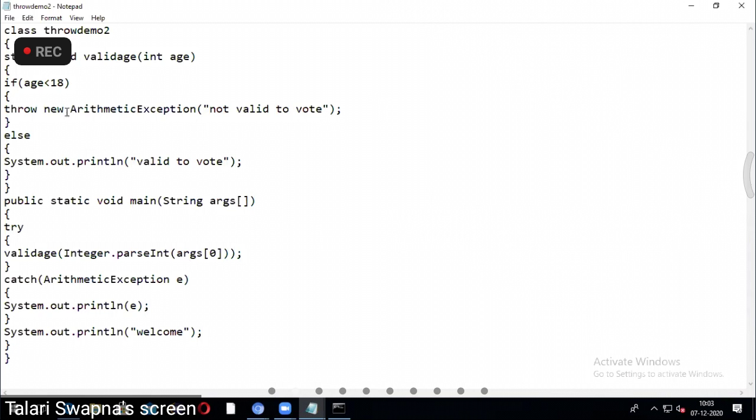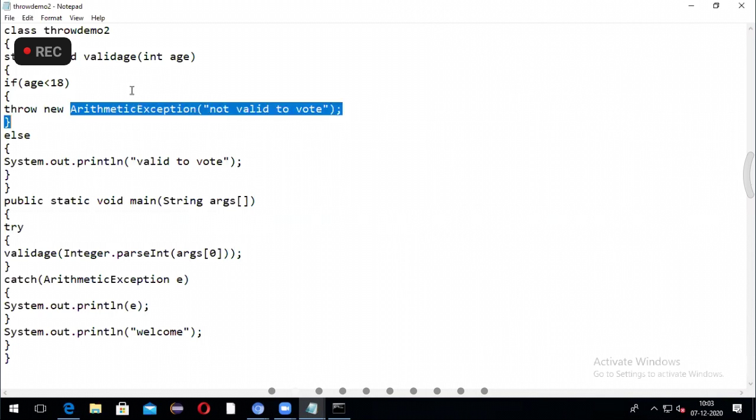Throw can explicitly throw an exception, which can be handled again by the try catch block. So you can explicitly throw an exception from a method. You take the new operator here, and then the type of exception. Inside the parentheses you can give some description.